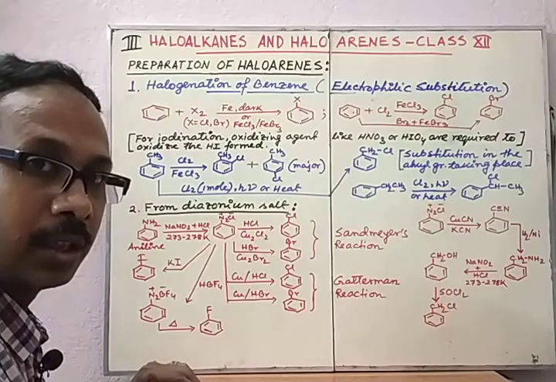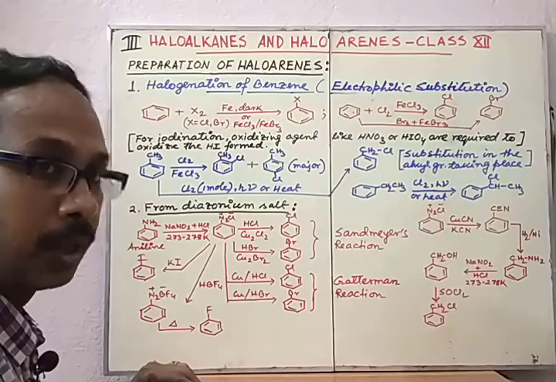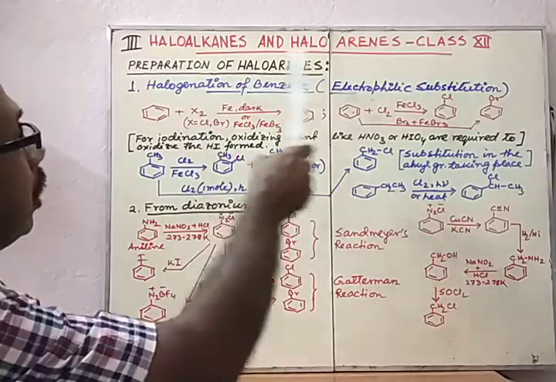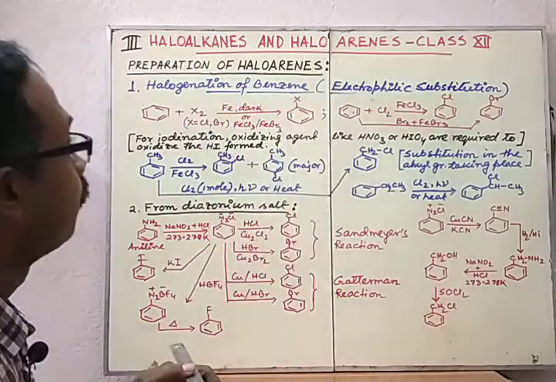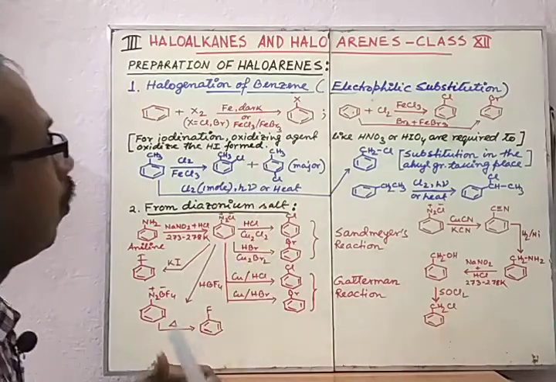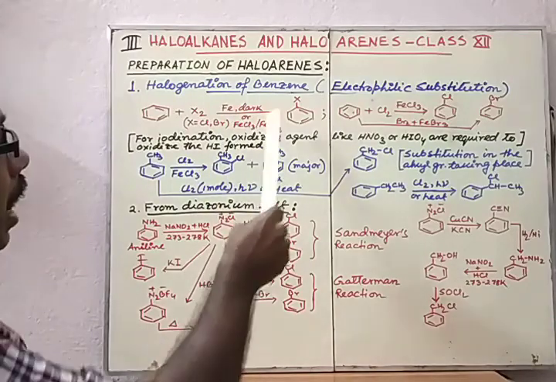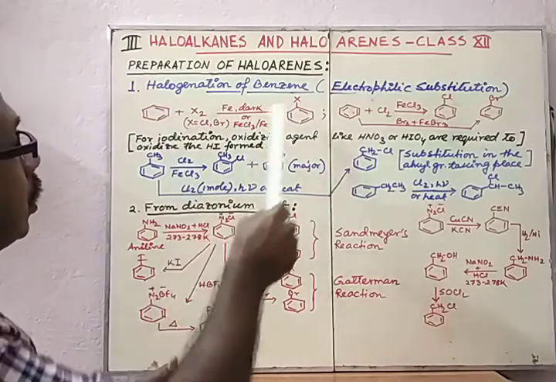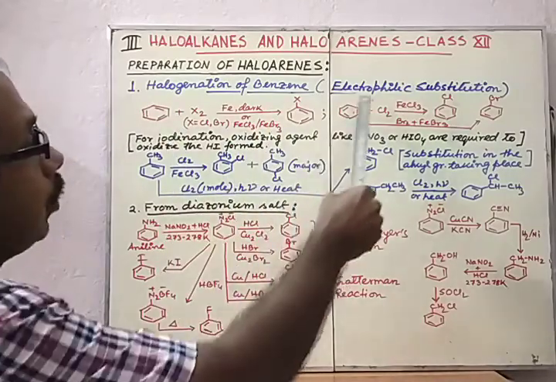Hello students, in this video I would like to explain preparation of haloarenes under the chapter haloalkanes and haloarenes. Preparation of haloarenes means how to bring halogen in the benzene ring. First of all, halogenation of benzene, that is electrophilic substitution,